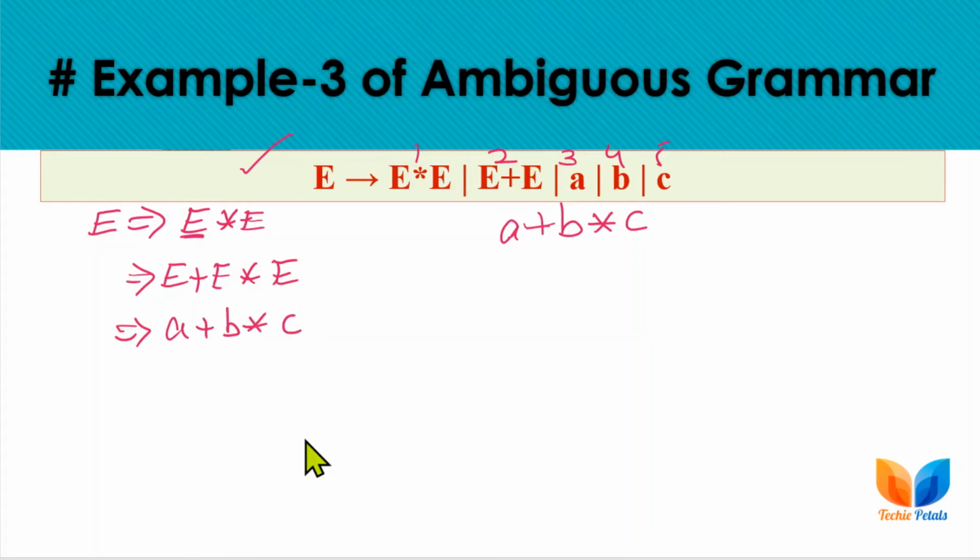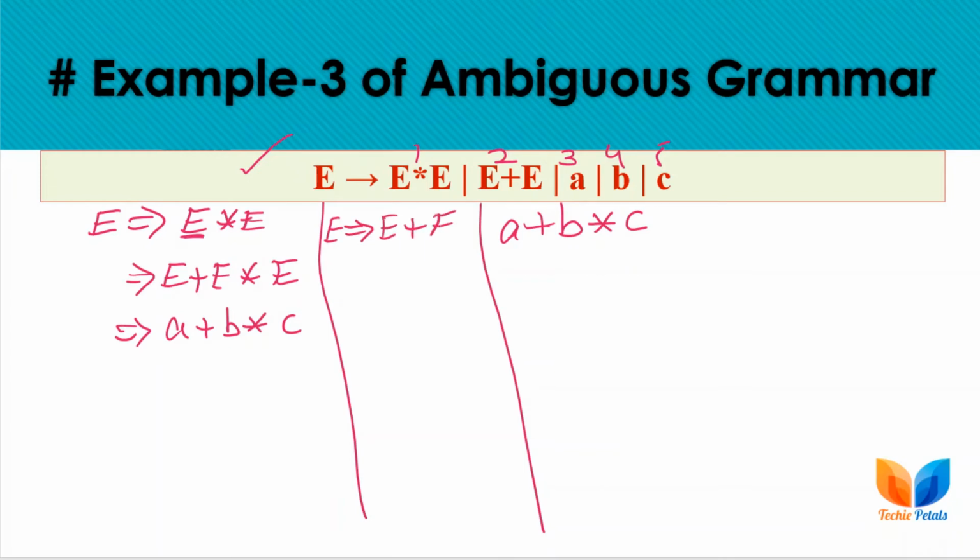Let's try with the second production rule, following the leftmost derivation path only. We have e plus e, and we replace this e with a first. Here plus and multiply symbols, star and plus, are terminals only; we are considering operators as terminals. Now the leftmost nonterminal will be replaced with e into e, giving a plus e into e, and further we replace these with b and c. So the final string is this.